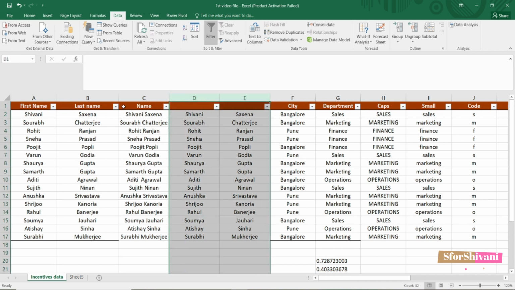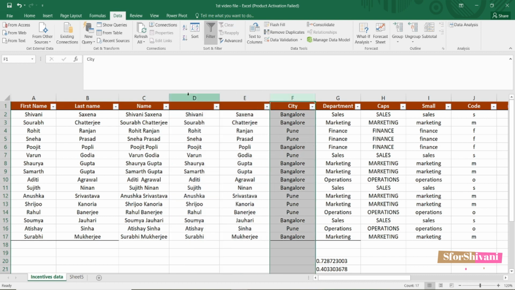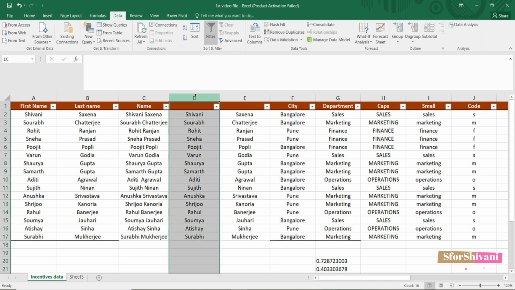So sometimes, if we need the middle name, that is why we had the third column to separate that. But since we do not have any middle name here in this case, it will work fine. Now I can name it first name and the last name.